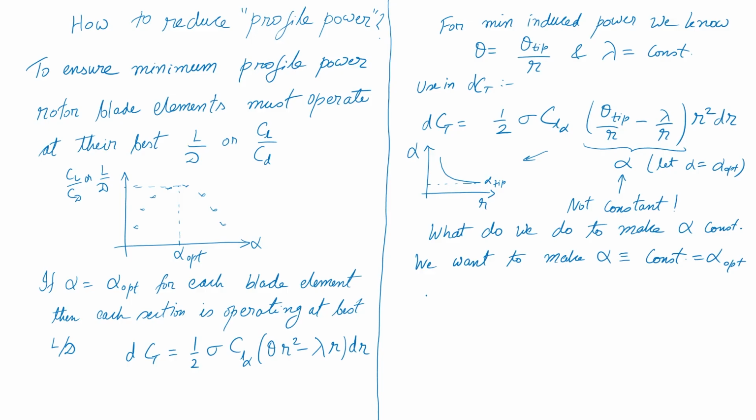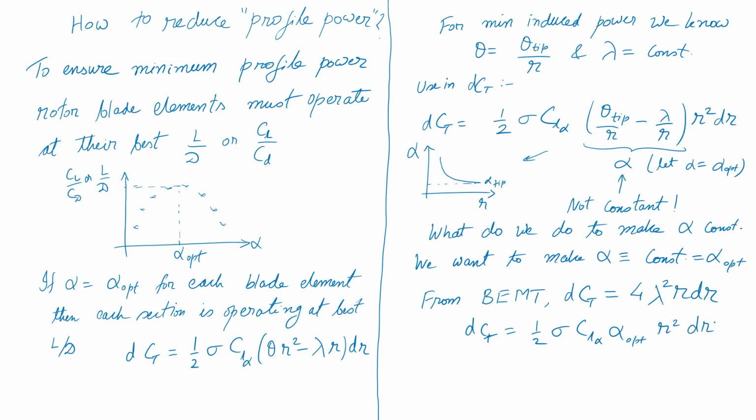So, from BEMT, we also have the expression of dCT equals to, using the momentum theory formula, 4 lambda square r dr. So, this is one expression from my momentum theory, the other expression which I wrote above is half sigma CL alpha into alpha optimal, and I am assuming that this alpha optimal is somehow maintained constant, alpha optimal into r square dr. If I equate these two, I have this value of lambda equals to